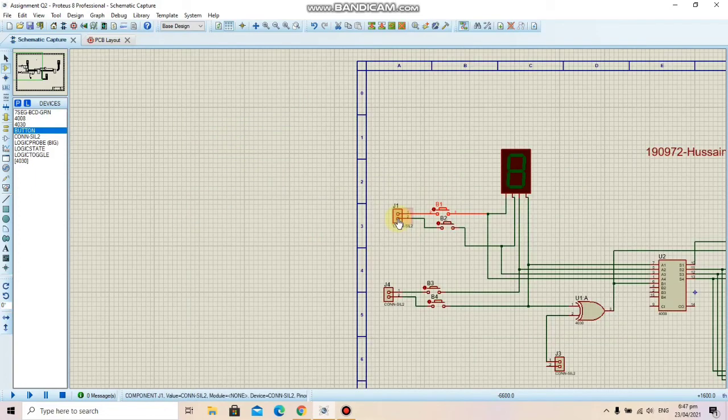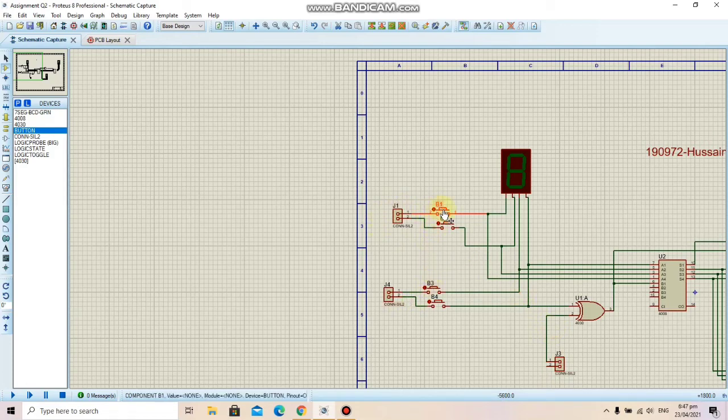Connectors will provide inputs, and push buttons will give us the option of toggling and varying the inputs. I have taken 2 connectors for 4 inputs and 4 push buttons, which are connected to each pin of the connector. One connector here also supplies constant 1 volt. We do not need any push button with it because it supplies a constant high input. So I have placed all these components.